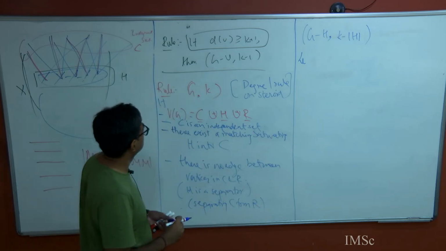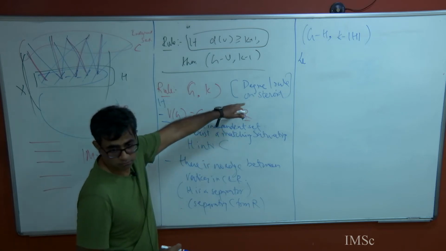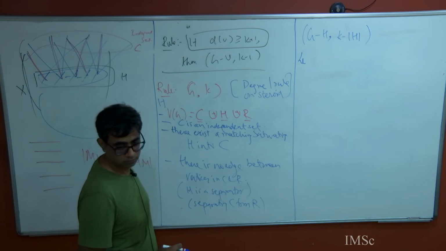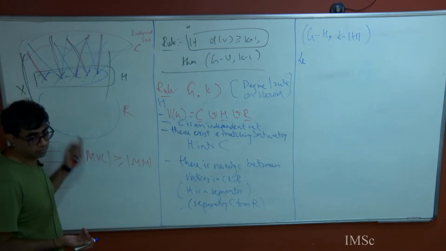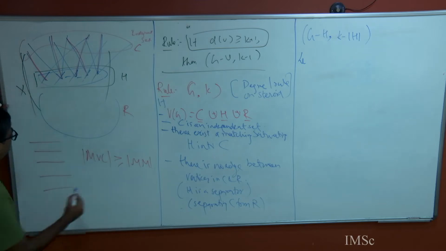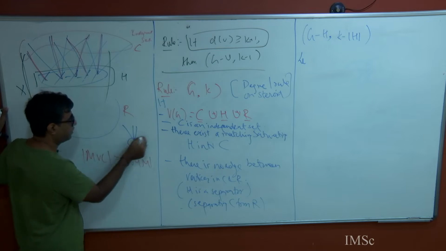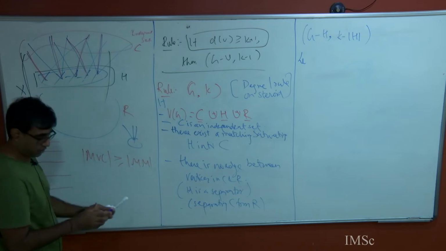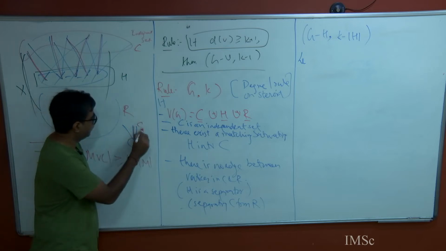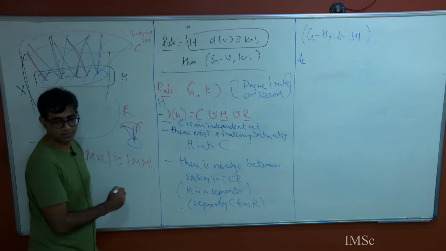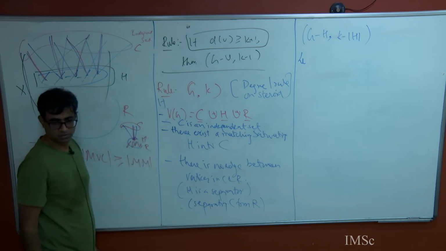Why is it a degree 1 rule? I didn't write degree 1 rule. This is basically degree 1 rule on steroids. Because we started with what? This is what it is, right? Now, what is the property? Why is it going? It is going because there is a matching that saturates this, right? So your C is a single vertex or all these vertices, right? H is this vertex and the rest is everything else,